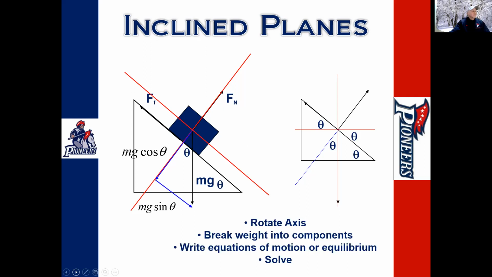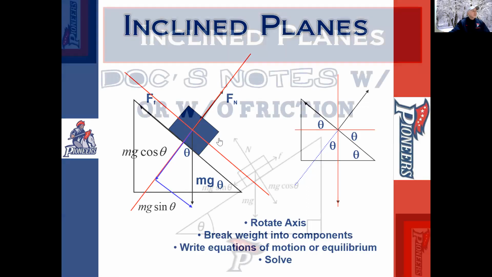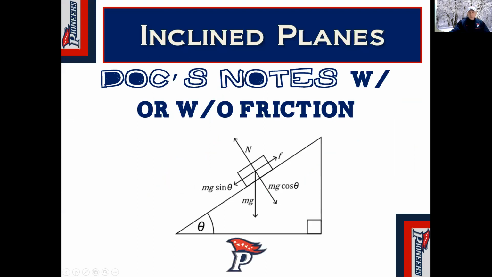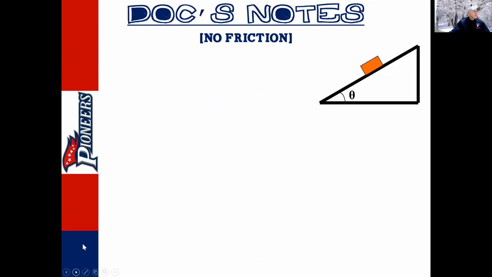Right, rotate the axis, break weight into its components, write equations of motion, and then solve. So this is what I wanted to get to, with and without friction. We don't have a lot of time. All right, so there's some really nifty results. They're derived equations, okay? So we'll start out with no friction. And so if there is no friction,